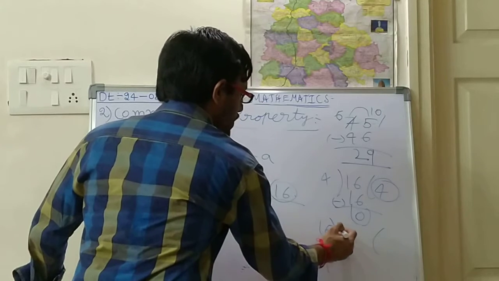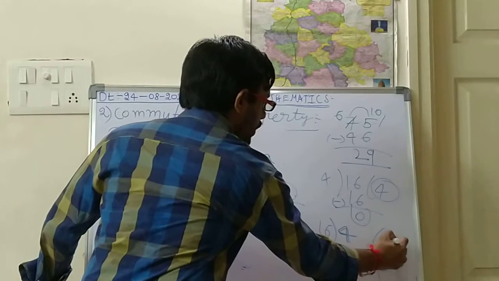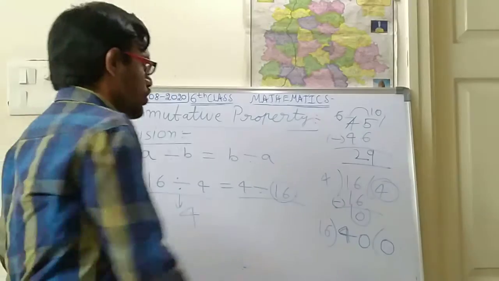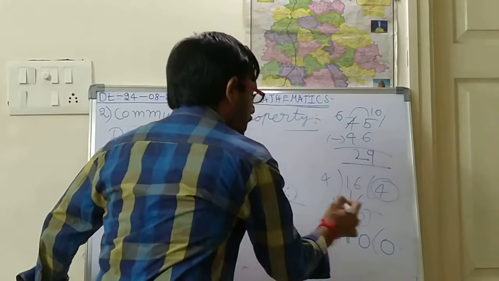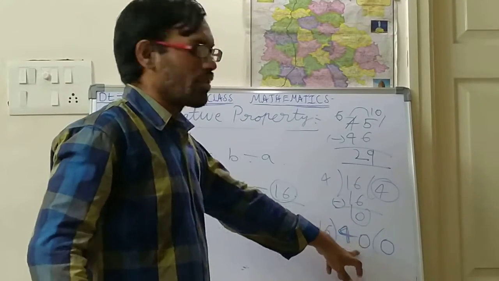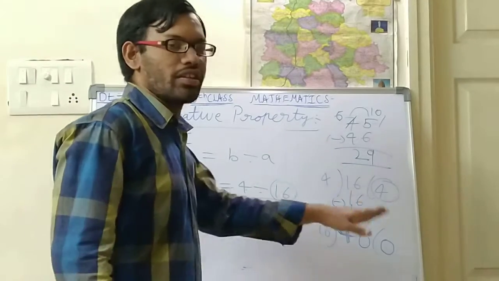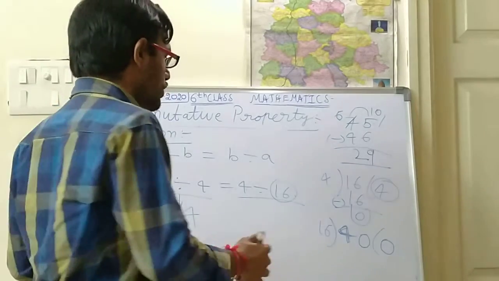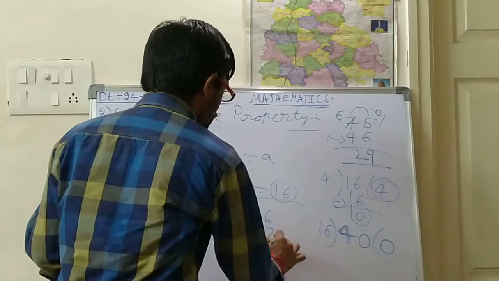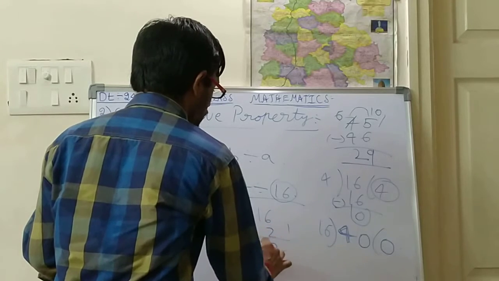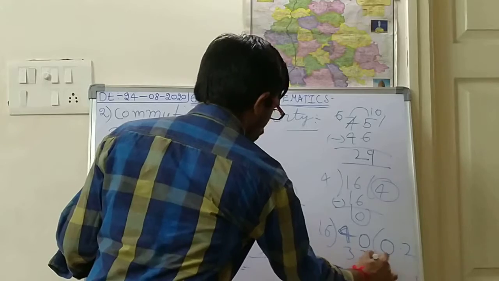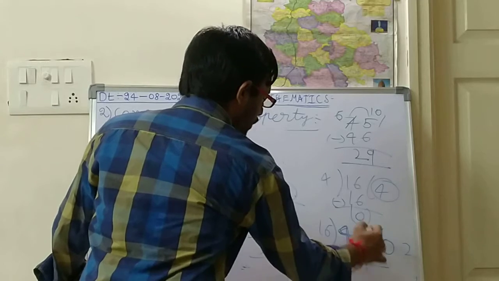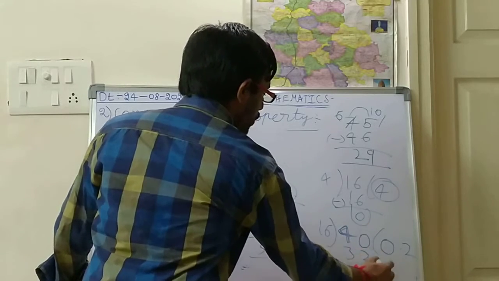As this is a smaller number, you should take the decimal point, 0 point. Then here a 0 will be coming. So 40. Now 40 is a bigger number, so in the 16 table, a number less than 40 will be going. 16 threes is 48. What is 16 twos? 16 twos is 32. So 40 minus 32. What is 40 minus 32? 40 minus 32 is 8.